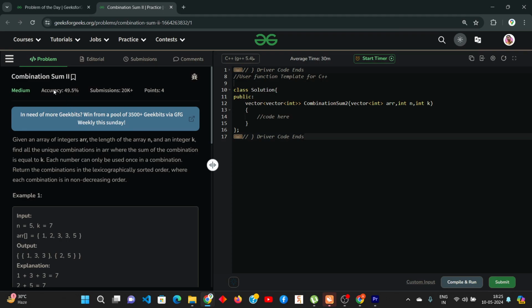So hi again. Today's problem is Combination Sum 2. The question states that you are given an array. You have to generate all the subsets, and the sum of the subset should be equal to k. You have to return only those subsets whose sum is equal to k, and there is also some condition,